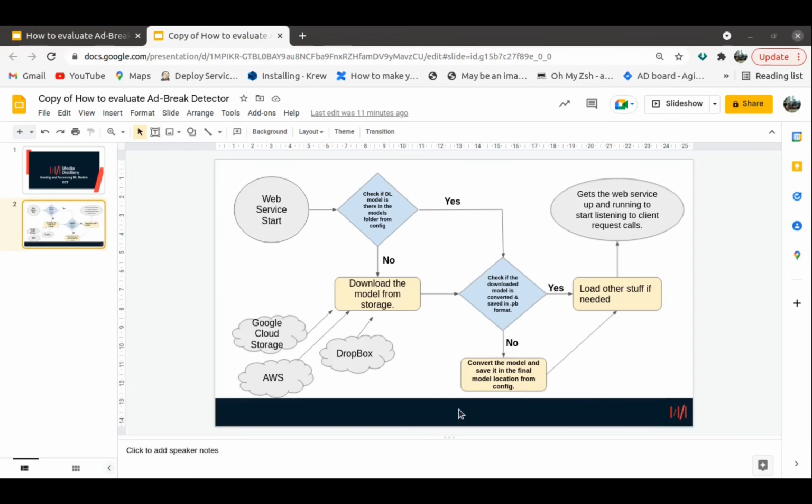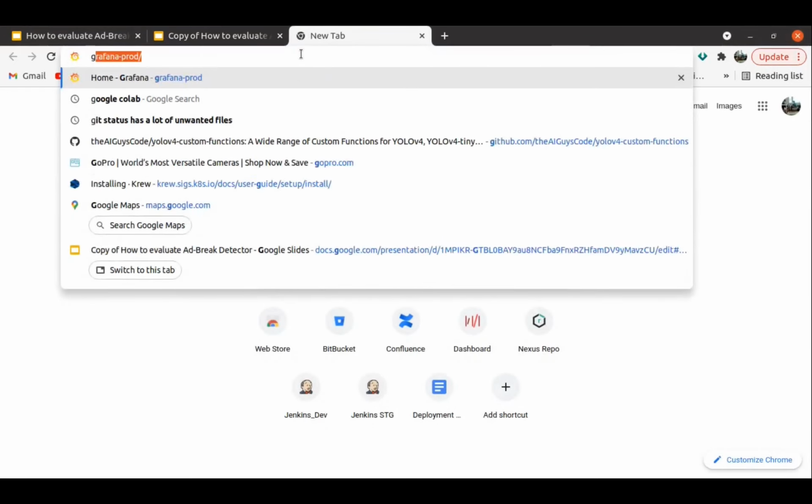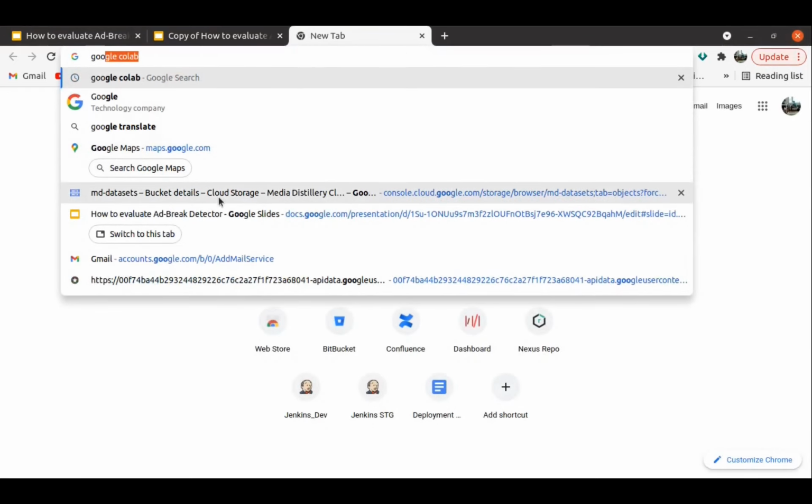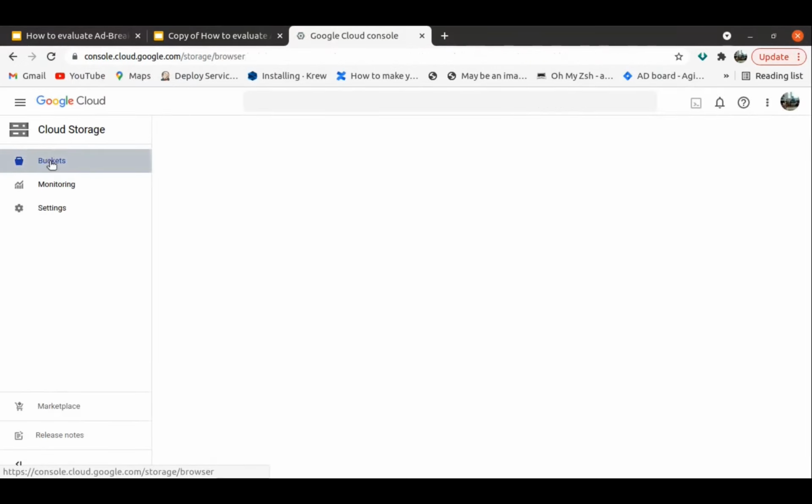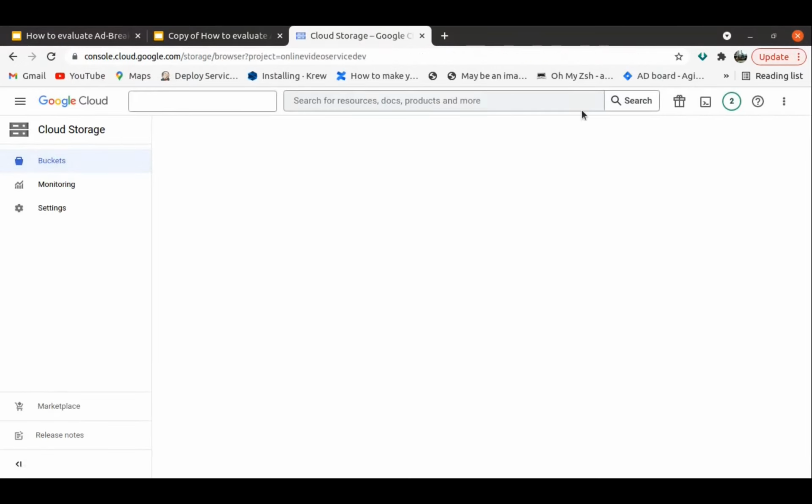What I want to discuss is how we can actually store our model, and in this video we are going to discuss how we can access and store our deep learning models in Google Cloud Storage or Dropbox. So let's start. If you have Google Cloud Storage, then what you can do is keep your models in Google Cloud Storage buckets. You can create a bucket in the Google Cloud Storage,